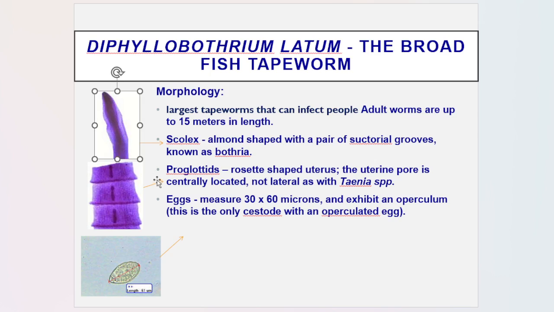And aside from that, look at this one. This is the head part of the Diphyllobothrium. Di ba, naiiba siya, it's spatulate, para siyang spoon, or spatula. And aside from that, it is the largest. What is the longest nematode? That is the Dracunculus medinensis. But for tapeworms, the largest, longest, we have the Diphyllobothrium latum.